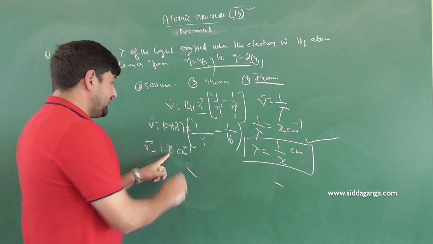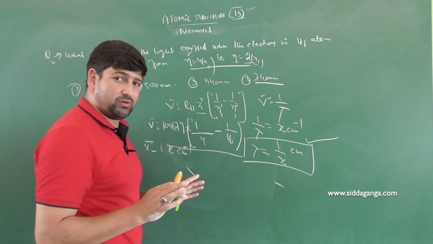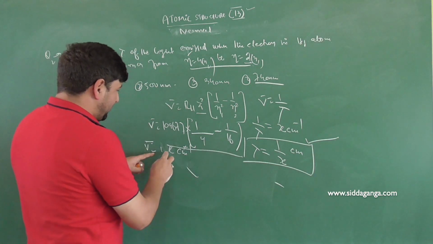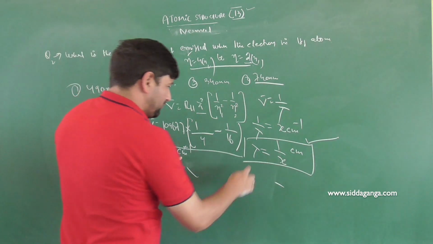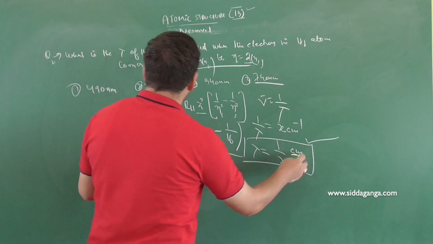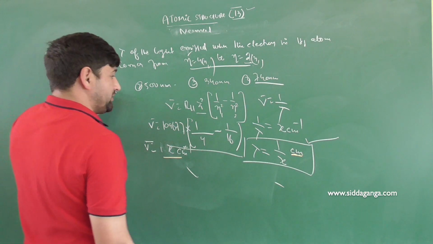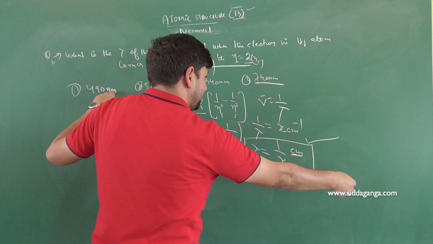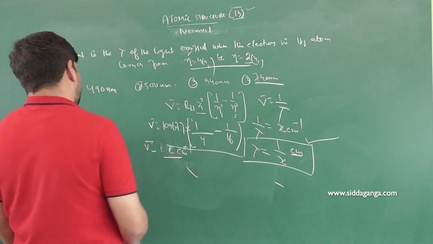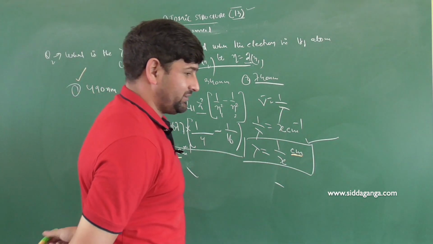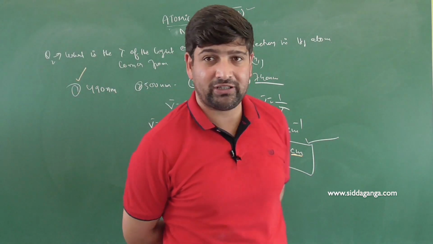After you solve this, children, this is your homework. You can do it at home. Calculate it out. So wavelength will be the inverse of wave number, that's 1 by x, but it will be in centimeters. But the answer is given in terms of nanometers. You can convert at the end centimeters to meters, meters to nanometers. When you solve it out, the correct option will be 490 nanometers. After solving it, you will get 490.